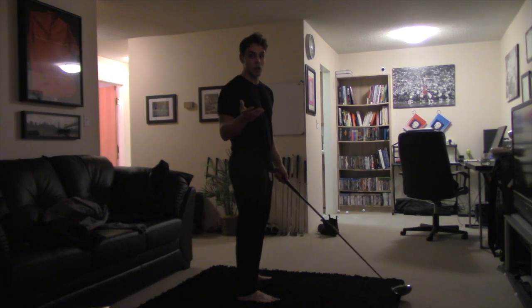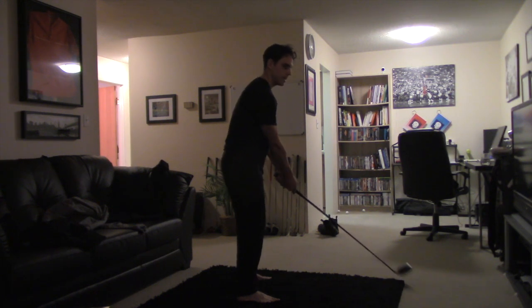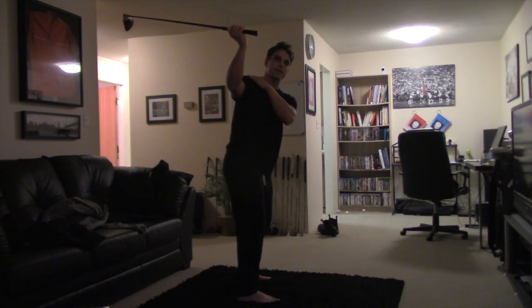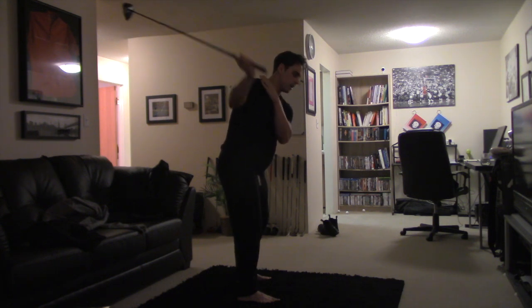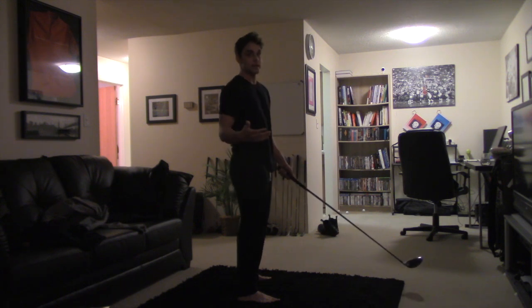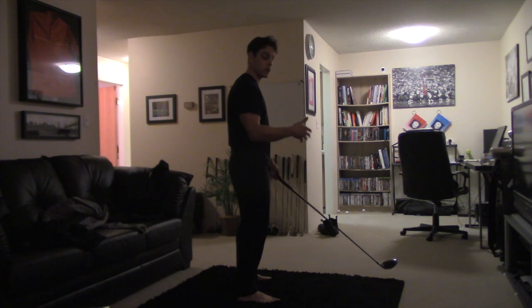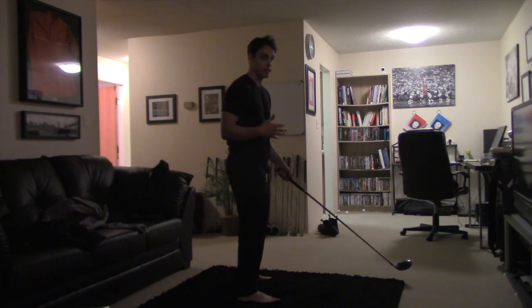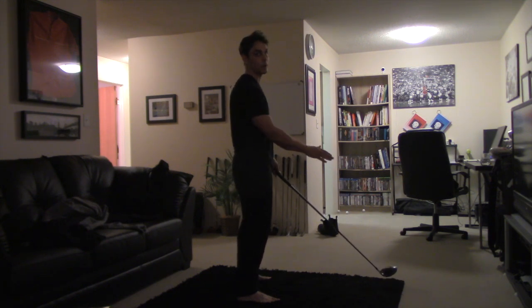And that is a compensation move. It's not a move that they're consciously trying to do. They can't lay the club shaft off properly because of their limitations in their shoulder mobility and their shoulder external rotation when they're in a bent over position like this. So my advice is to line up at address with a little bit more upright of a posture. This will make it easier. There'll be less compensation for you to stand up out of the shot,